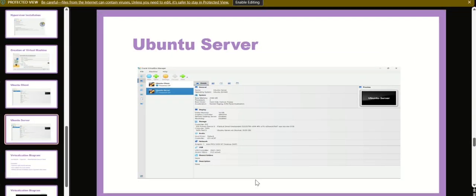Hello everyone, I am Kaustuba and today I am going to present about the virtualization diagram. This slide represents the concept of virtualization and how it is implemented in Cognizant cloud and infrastructure. At the base, we have the host machine, which refers to the actual physical hardware system. Above it lies the hypervisor, a software layer that manages and allocates the physical resources such as CPU, memory, and